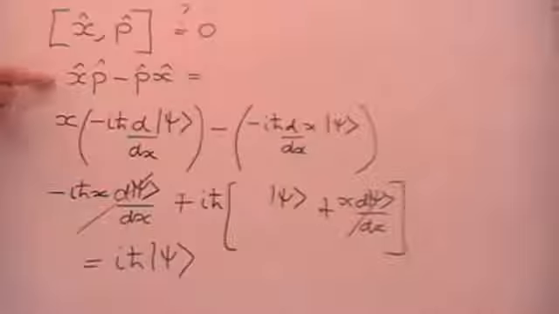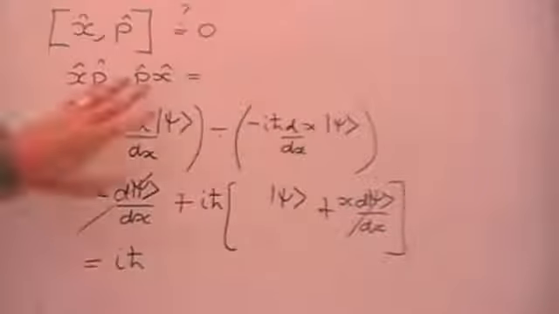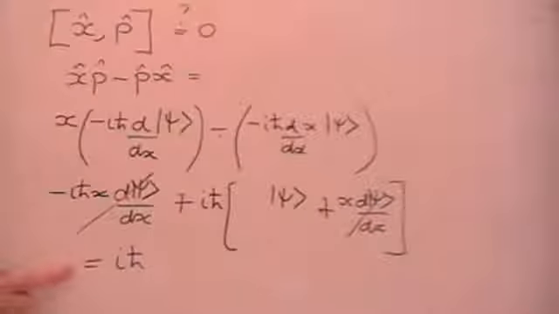So in fact, xp minus px acting on ψ gave us iħ ψ, so xp minus px is simply iħ,